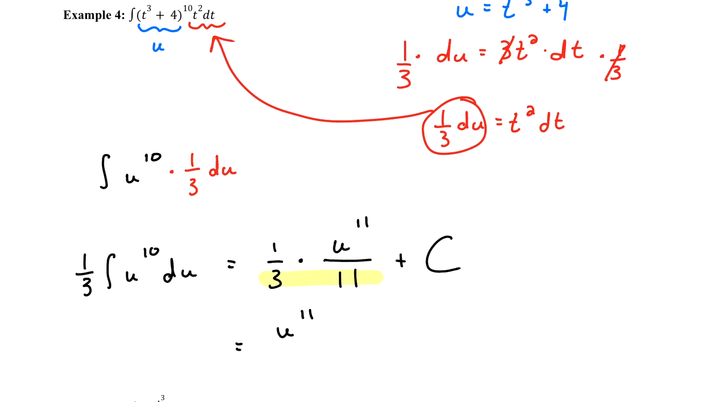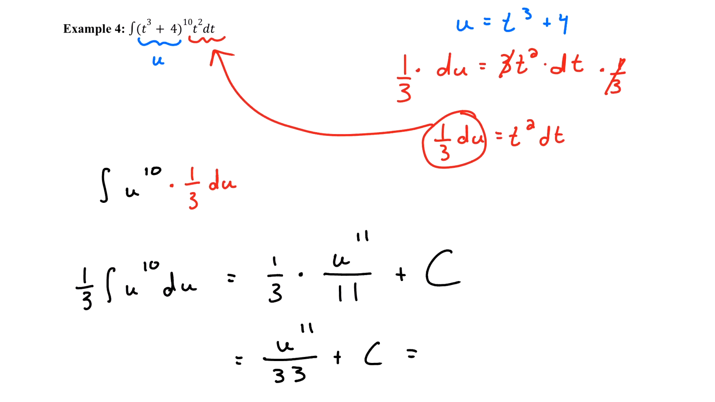And then 3 times 11, if I multiply straight across, my denominator should be 33. And then, of course, we can't forget about our plus c. And then for the last step, just like we were doing before, I'm going to take that original expression that I picked out for u, t cubed plus 4, and plug that back in. So I should have t cubed plus 4 raised to the 11th power divided by 33 plus c, and there